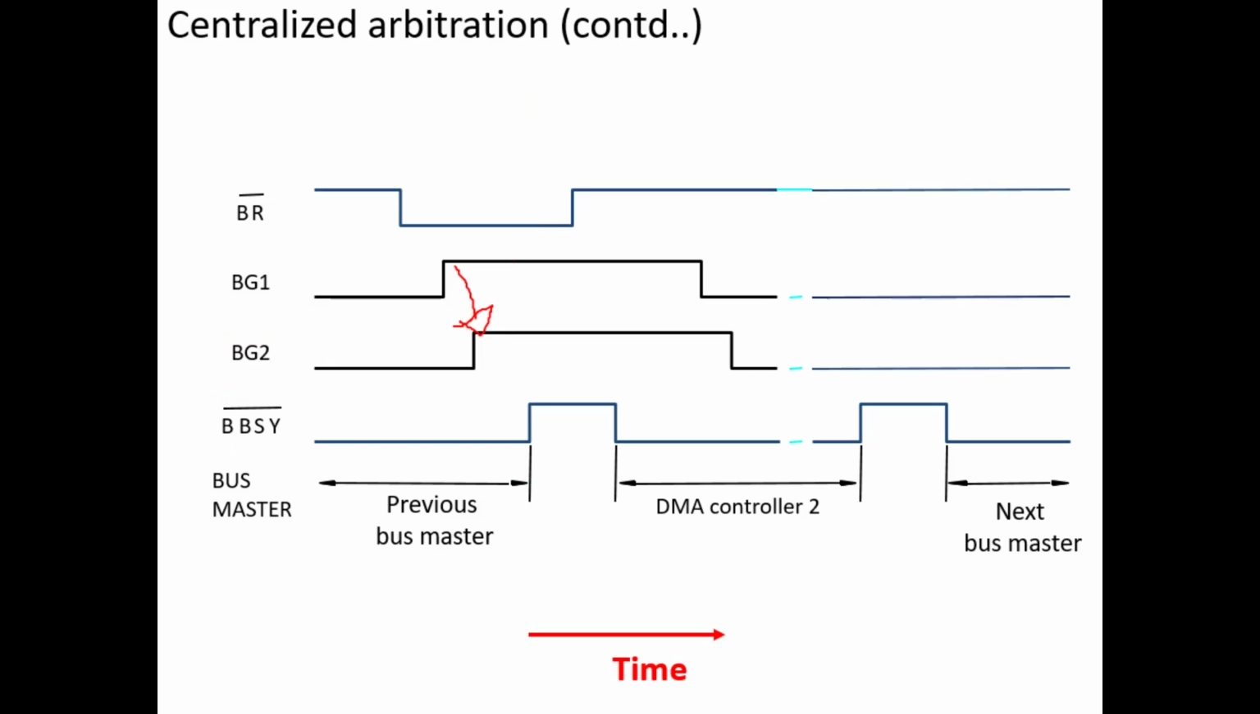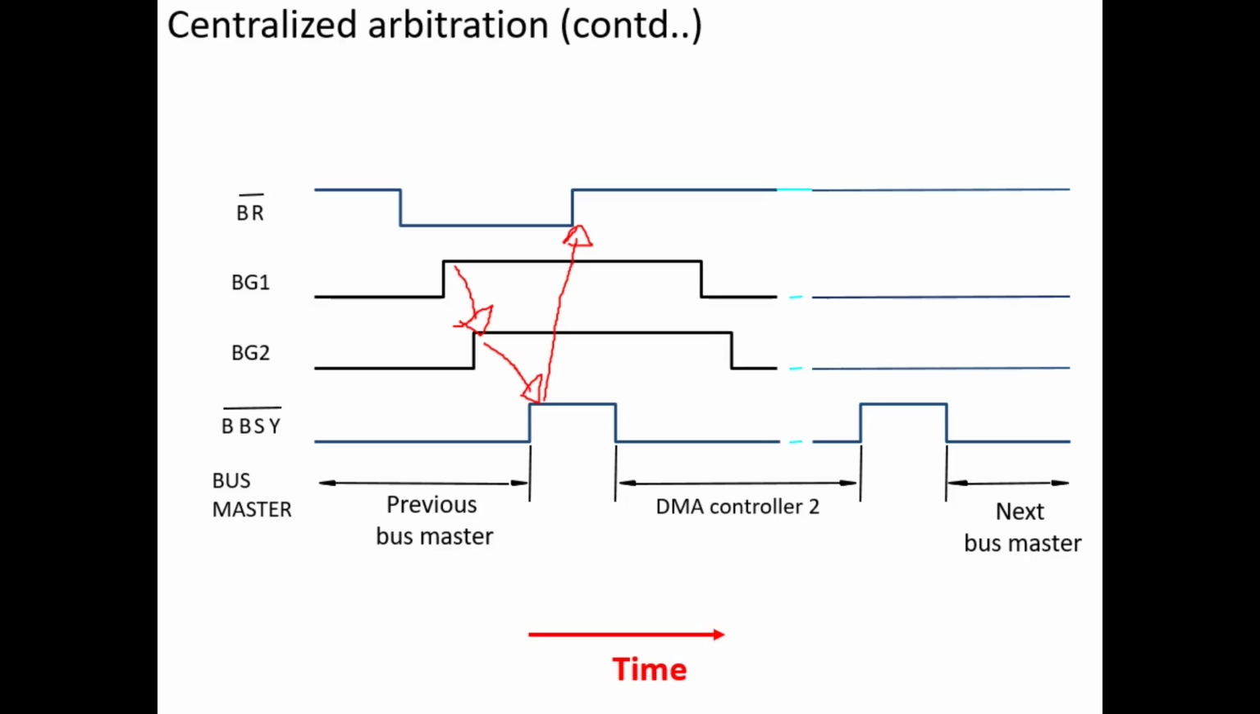Here at this time you can see in this signal, the previous bus master makes the bus busy signal 1. Now the bus busy signal is 1, indicating that the bus is free. The previous master has relinquished its bus mastership. As soon as the bus becomes free, immediately, because of this signal, the bus request signal is